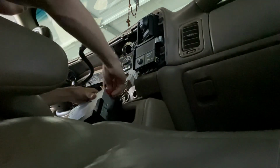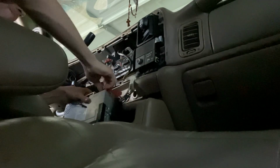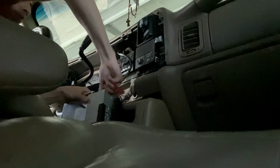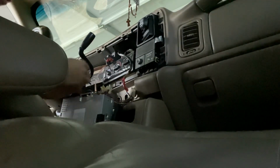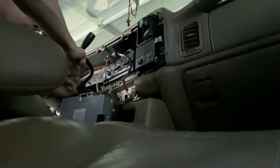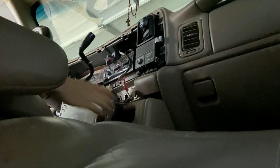That's one. The antenna, the RCAs for the subs. Damn, what the hell? So the RCAs for the subs, and then my remote wire for the amp. You need to take this off. So yeah,